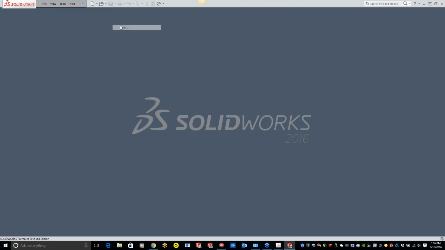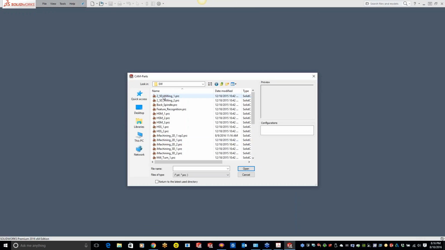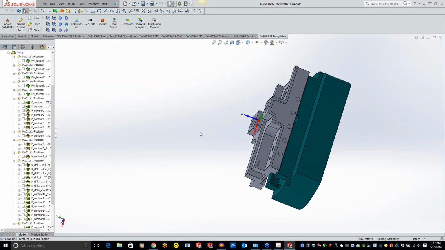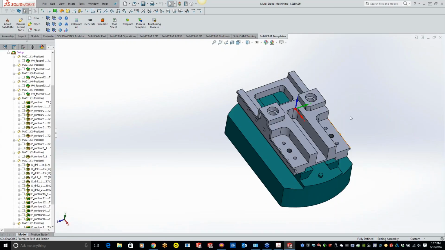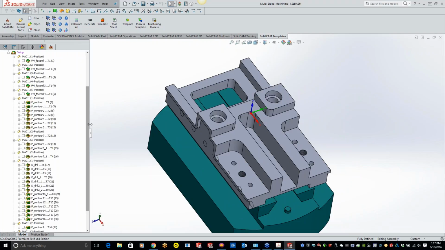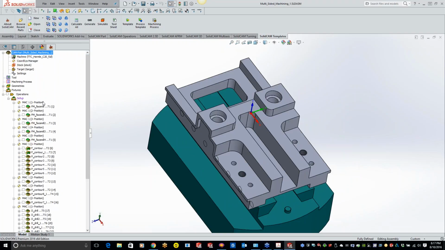All right, so let me go to SolidCAM Open. Okay, so right here is another way of doing it, and like I said, I think it was John, another way to set up your coordinate system. Now this is how I would say 90% of the time you're going to set it up on your fourth axis: you're going to have a Mac 1, position 1, position 2, position 3, position 4.